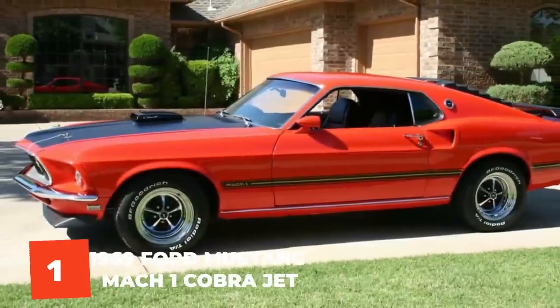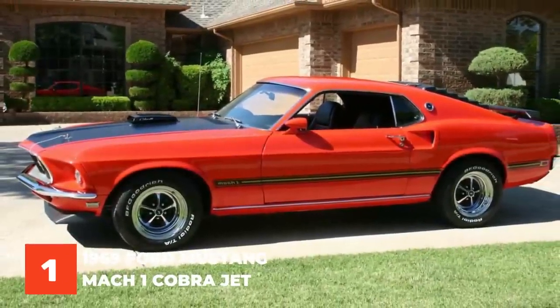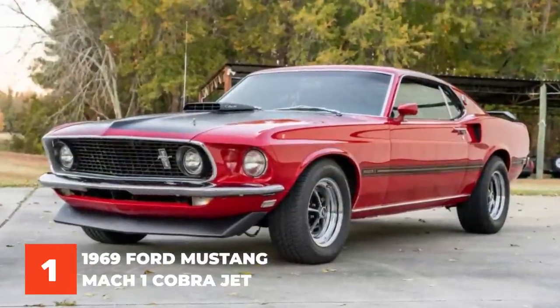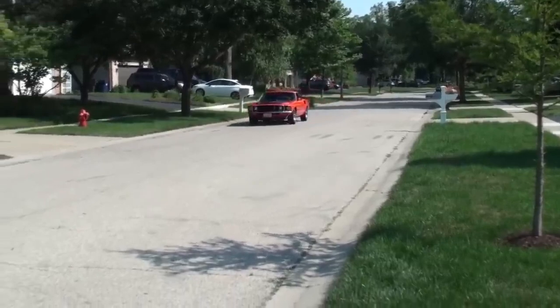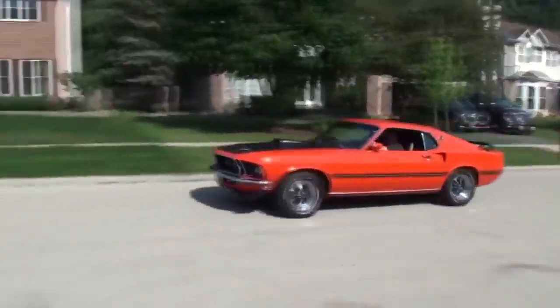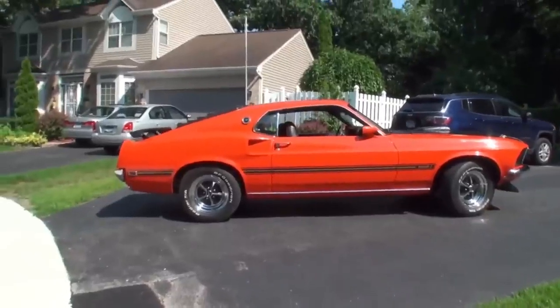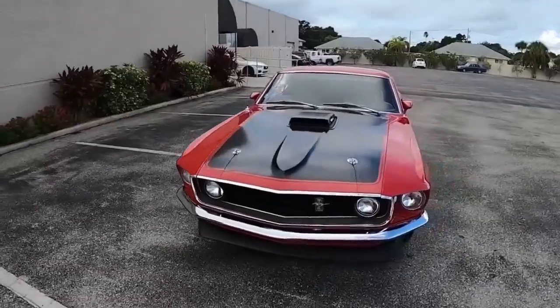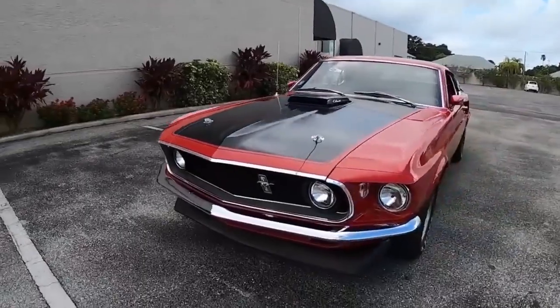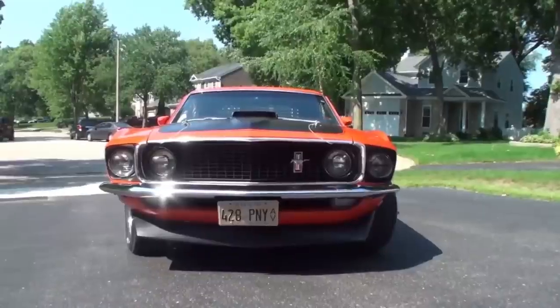Number 1. 1969 Ford Mustang Mach 1 Cobra Jet. The '69 Mustang Mach 1 Cobra Jet was one of the most iconic muscle cars of its time. It was the first Mustang to feature a Cobra Jet engine, and it quickly became one of the most sought-after cars on the market. The Mach 1 Cobra Jet was only produced for 1 year, and it's now considered to